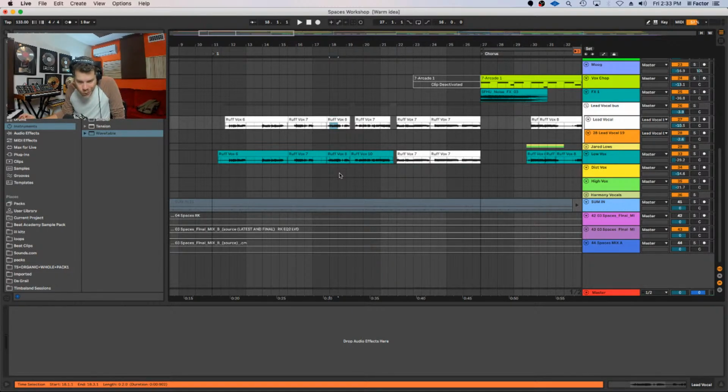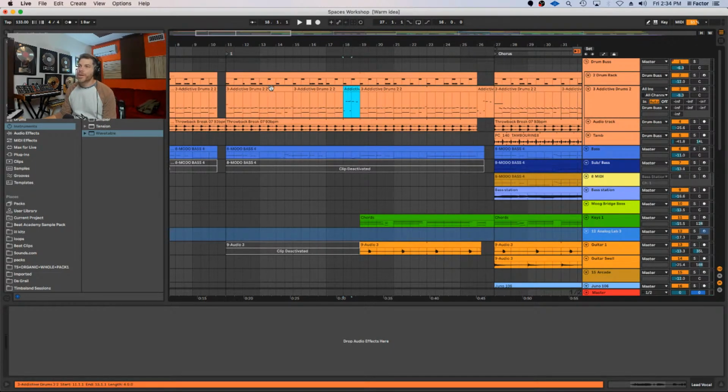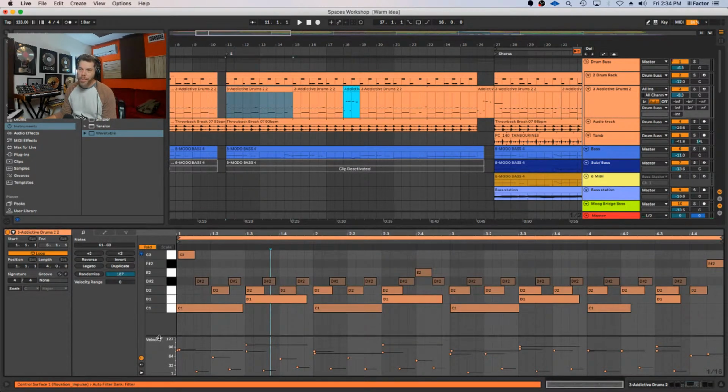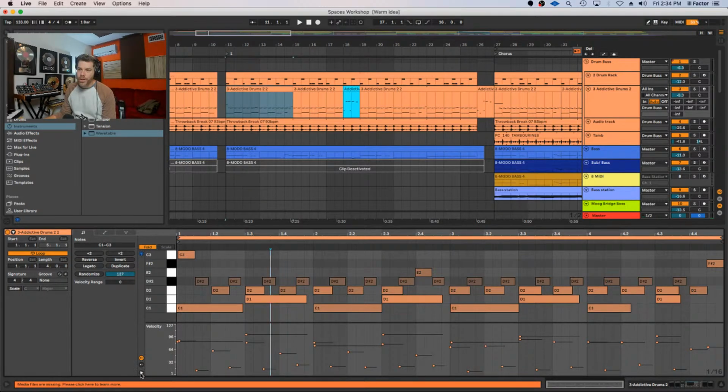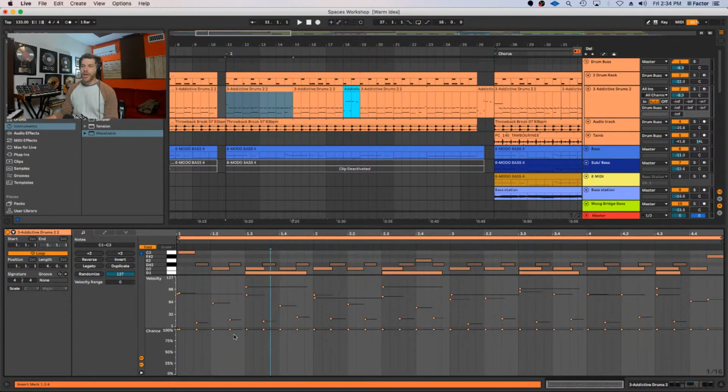Can you humanize the timing of drums in Ableton using random? I know you can do that in Pro Tools, but in Ableton it seems you can only randomize velocity. Oh no, absolutely. Yes, you can. You can absolutely do the timing. As a matter of fact, with drums in Ableton Live, you notice right here on the bottom it says velocity. You can open this up and it says chance. So you can actually adjust the chance that a sound will actually be played.